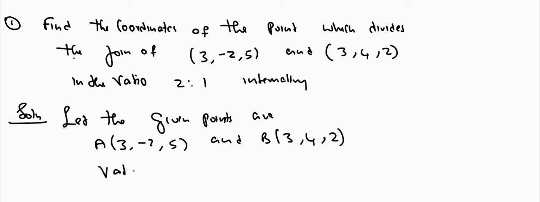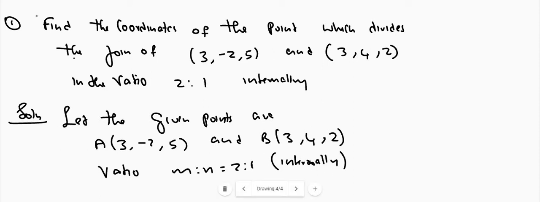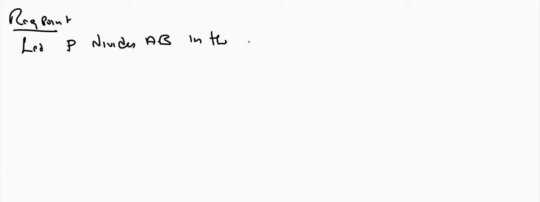Given the ratio m:n is equal to 2:1, and given that it is internal, the required point P divides AB in the ratio 2:1 internally, then the coordinates